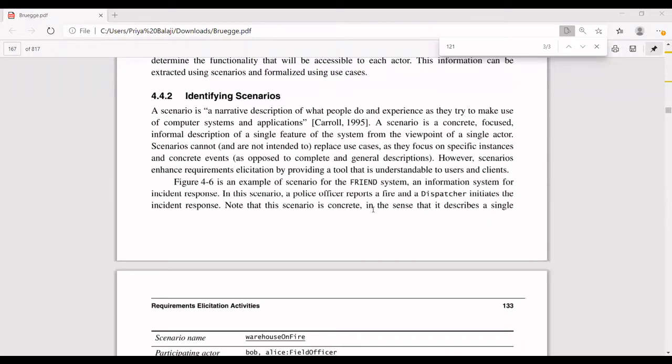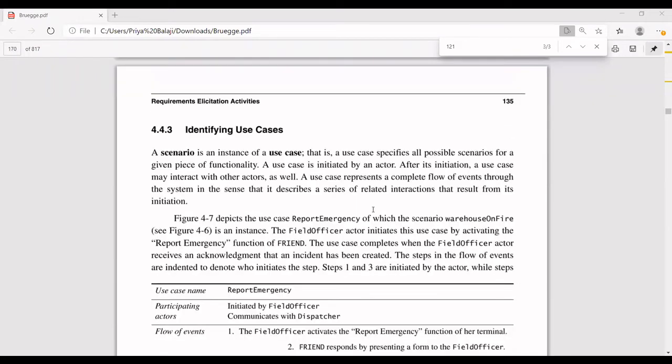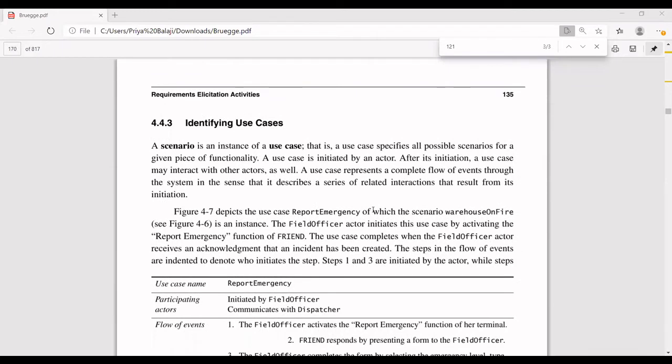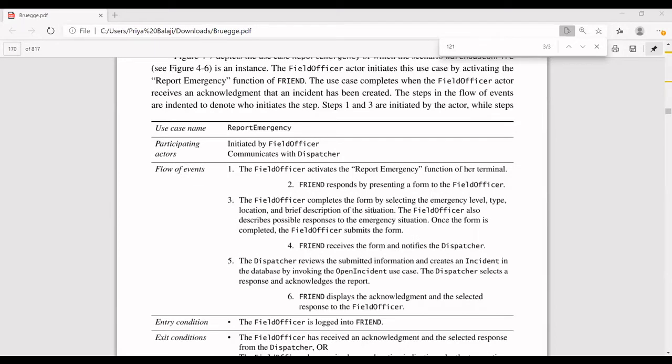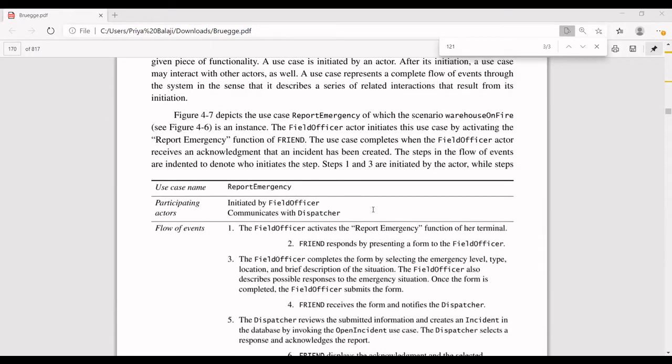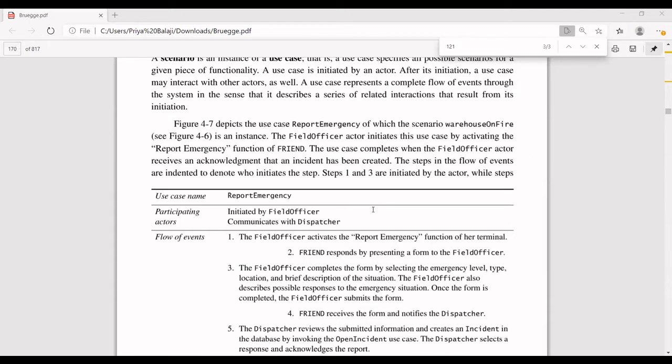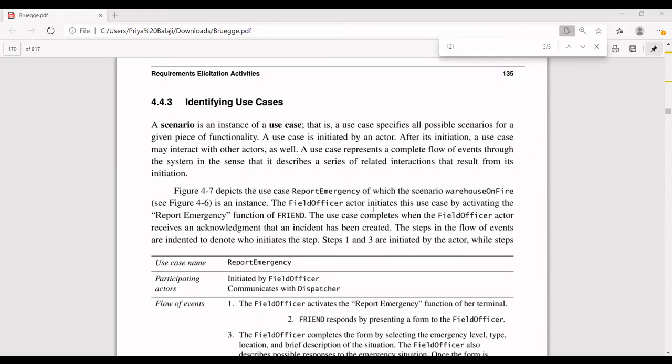So what type of use cases are you going to use? Here, as we said, when a fire happens, or a cat is stuck in a tree, or an earthquake came, or a fender bender accident has happened, all these things come into a single use case, which is called report emergency. So if I'm finding out this report emergency, it can be a cat stuck, it can be an earthquake, it can be a fire, anything. But all these scenarios come into a single use case. Whether all have to come into a single use case, no.